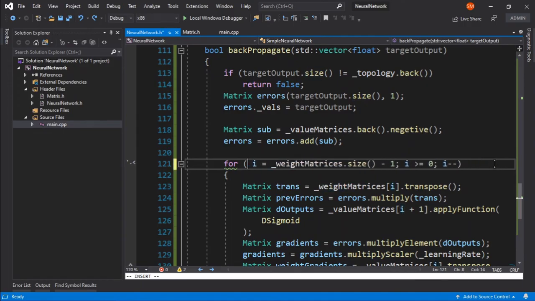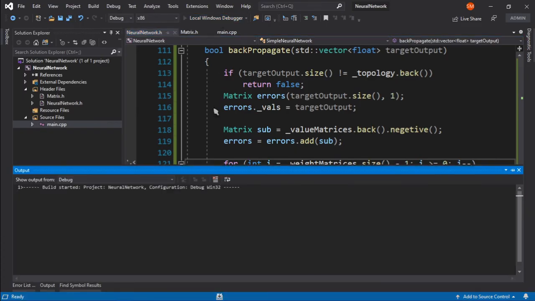So all we need to do is convert this to int. Okay, and now if I run this program,